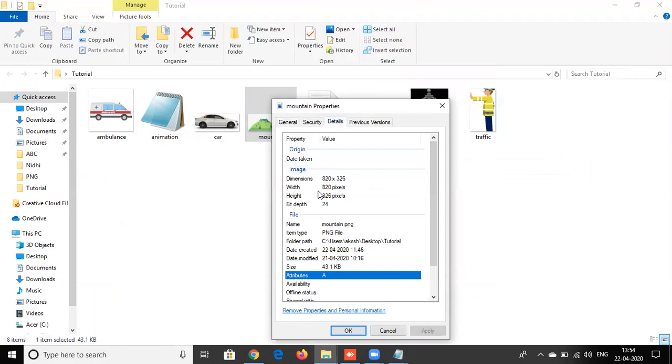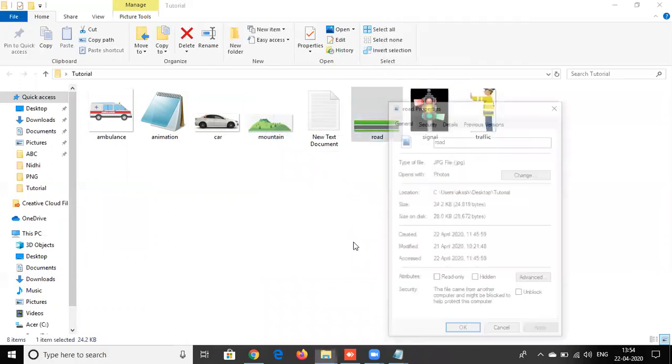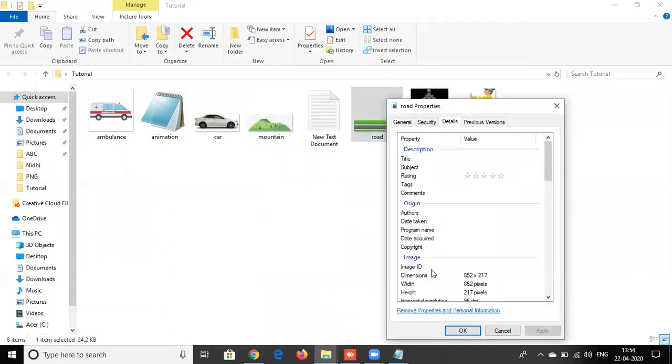Go to details, you can see the size. This is the width 820 and this is the height 326 as you can see over here. Then I want a road. I click road properties. Road is .jpeg and details is the height is 217, width is 852.